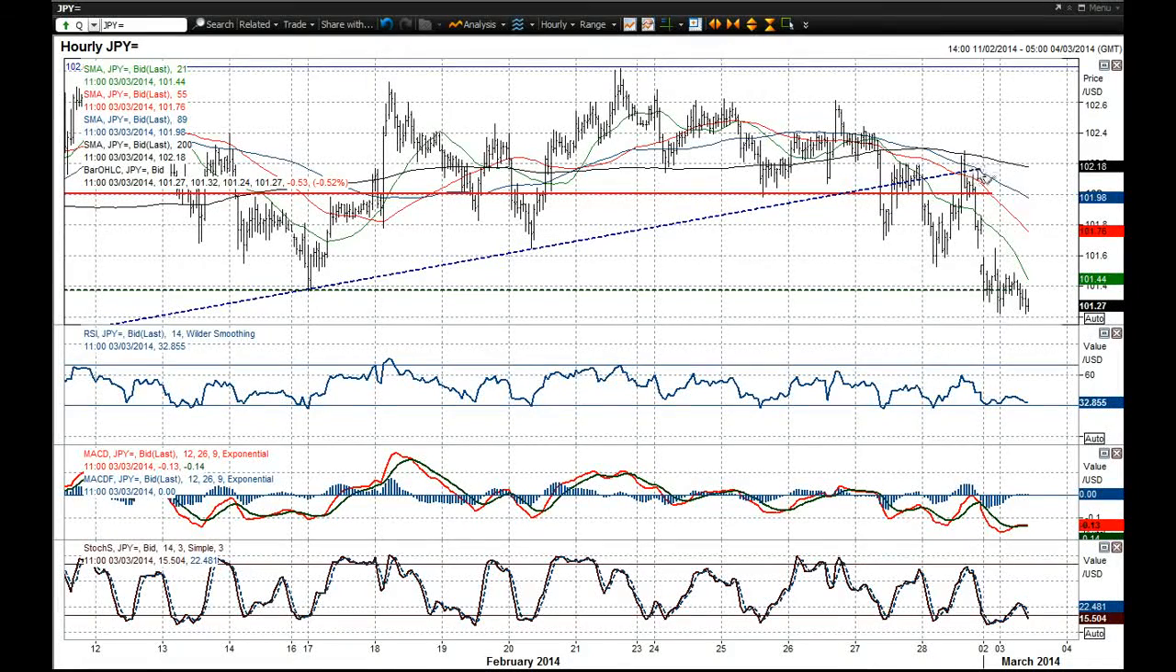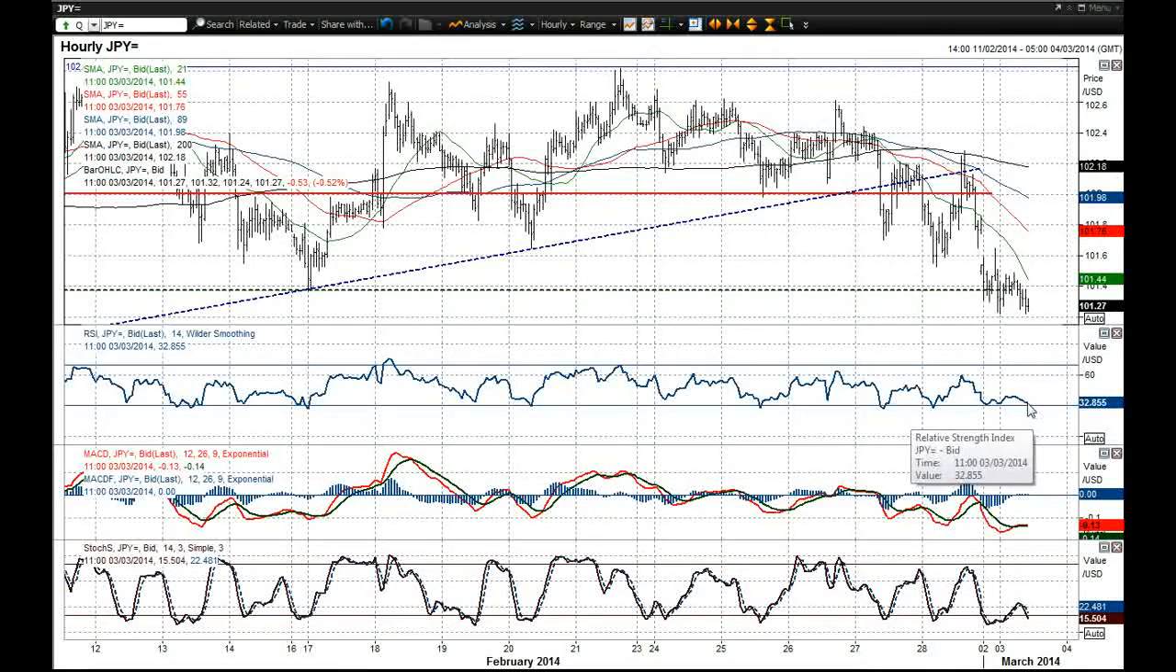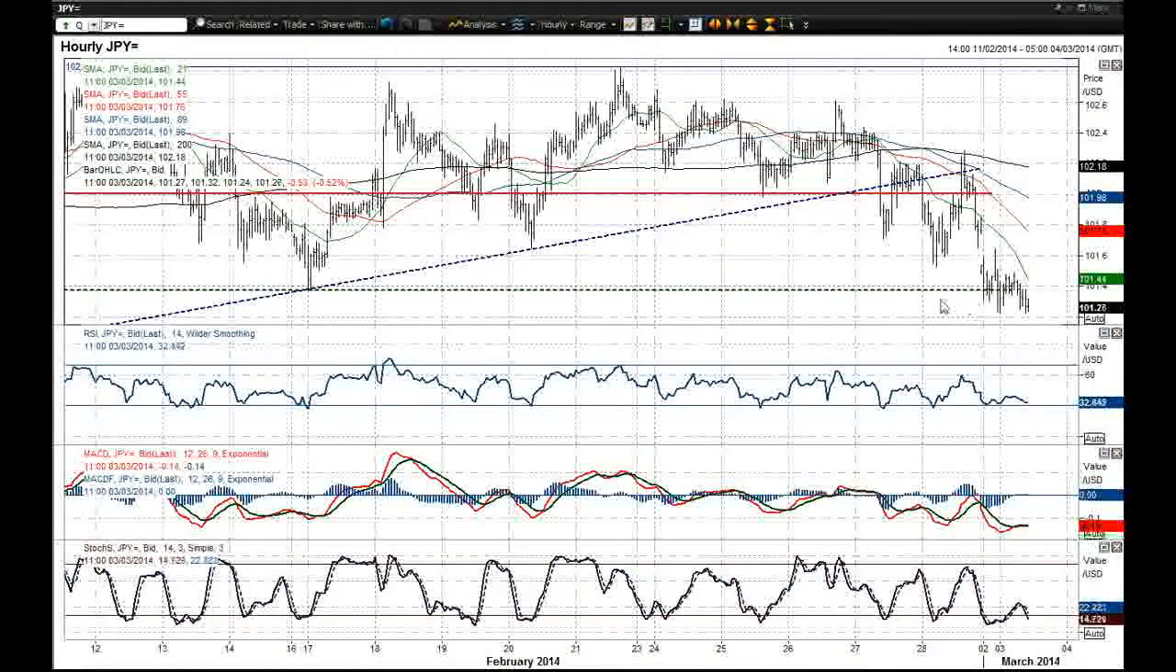It's now been used as a basis of resistance on a couple of occasions. Also, you've got these moving averages all lower. You could argue that intraday wise, the momentum indicators are slightly stretched to the downside, maybe, and that could induce a bit of a technical rally. However,